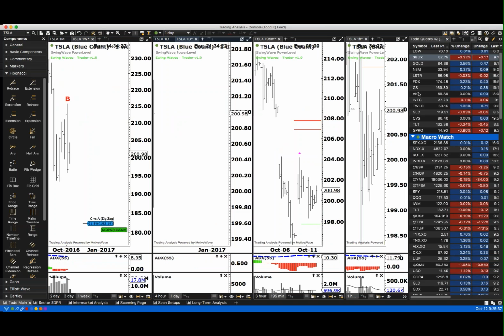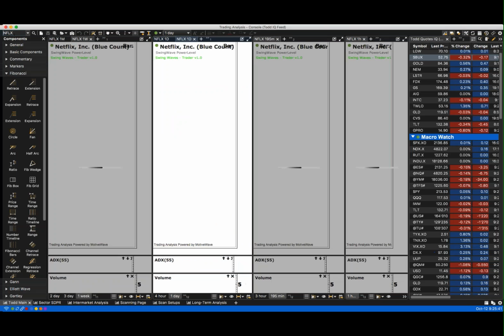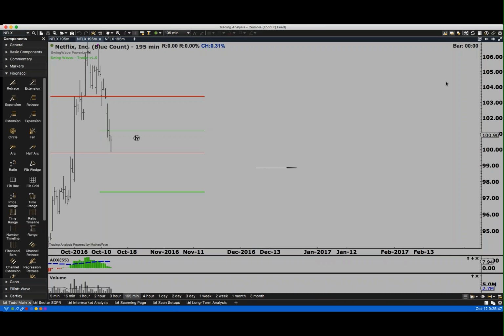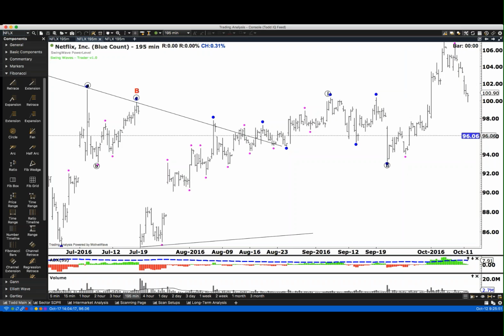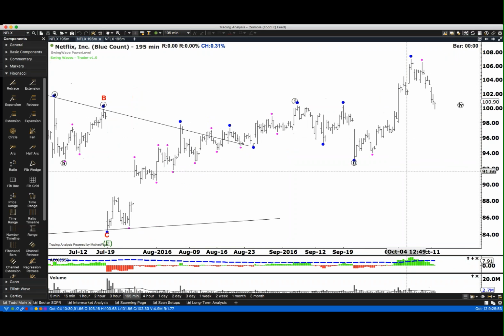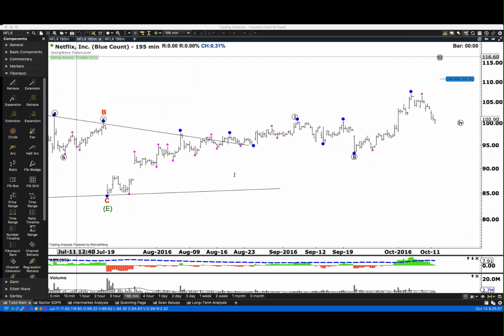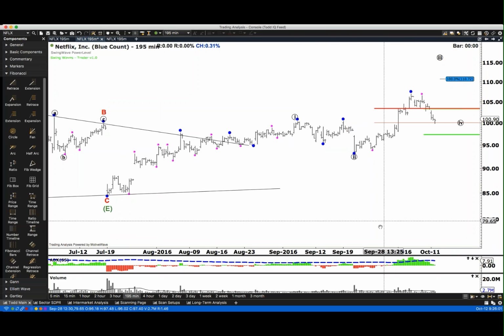Netflix, yep. Netflix actually, I think it's moving into a pretty good buy zone. I worked this up in a webinar last night. We did a fib webinar last night. And Netflix did break out, but is pulling back. Let's take a look here. Where's my power waves? Let's change that to 200. Update. There we go.